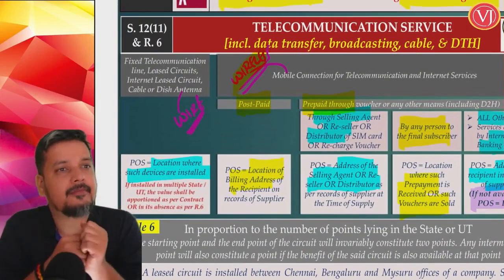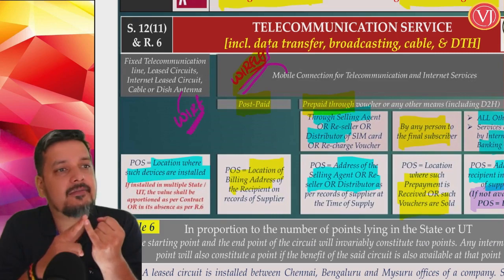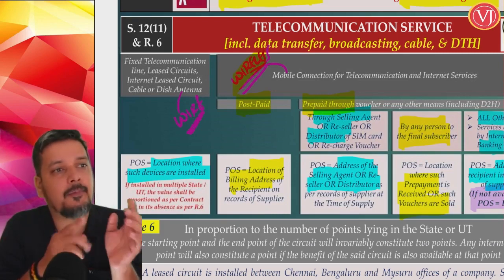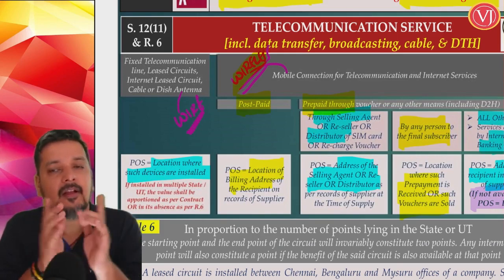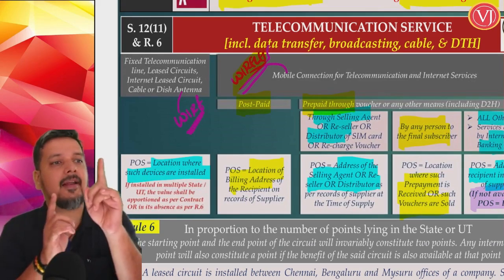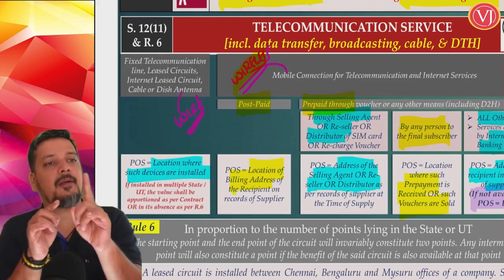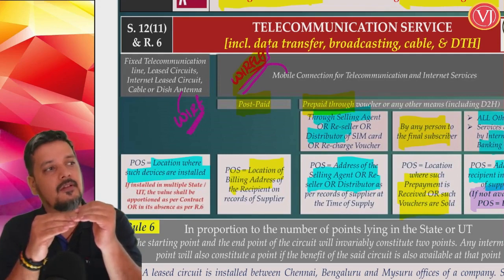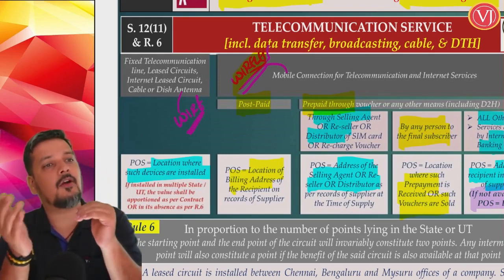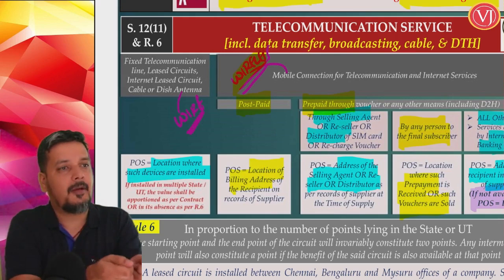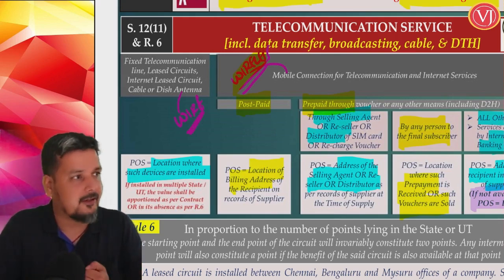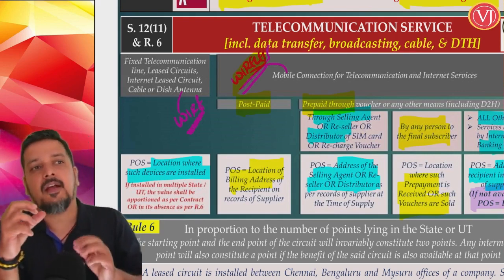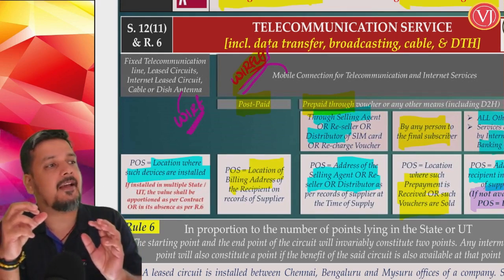wireless prepaid. If it is wire category, where the device is installed, simple. If it is wireless category, postpaid, billing address. Entire issue starts when wireless prepaid. Jio to distributor, address of the distributor. Jio to consumer or distributor to consumer, where the prepayment is received or vouchers are sold, which means where the money is collected. But if it is any other case where the payment is made by internet banking or online mode, then